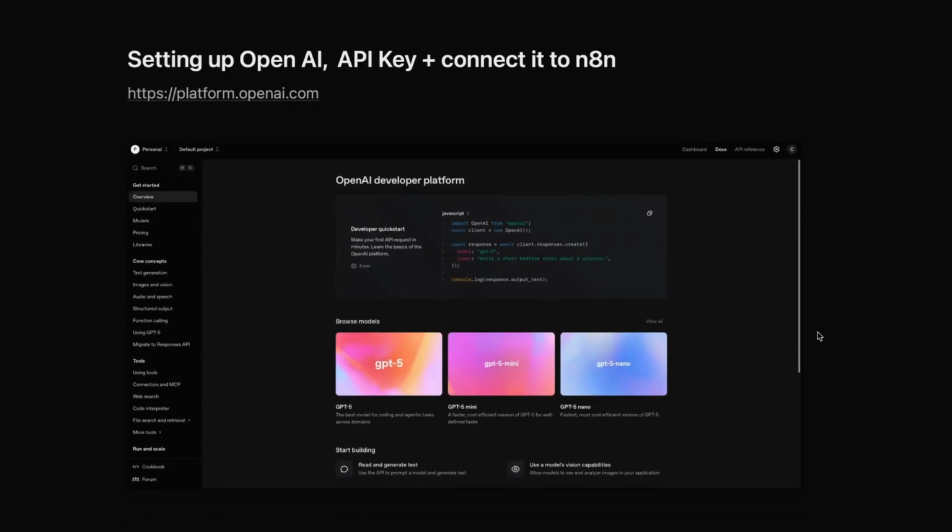So let's look at how we set up an OpenAI API key and then connect that to n8n. The developer platform for OpenAI or ChatGPT is a little bit different to the usual ChatGPT that you can talk to online. If you don't already, you will need to sign up for an OpenAI account. And then if you go to platform.openai.com, or if you do a Google search for OpenAI API, you'll come in